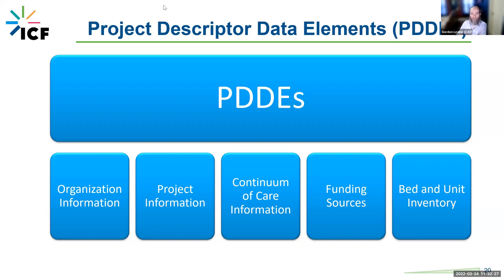Project level information includes project ID and name, its start and end dates, whether it's a Continuum of Care project, which is a yes for ESG, and the project type. For Continuum of Care information, it includes which CoC it's in, but also which geocode within the CoC, which is a way of regionalizing it. And the funding source will indicate the ESG component for the project. So is it rapid rehousing? Is it street outreach, et cetera. Next slide.